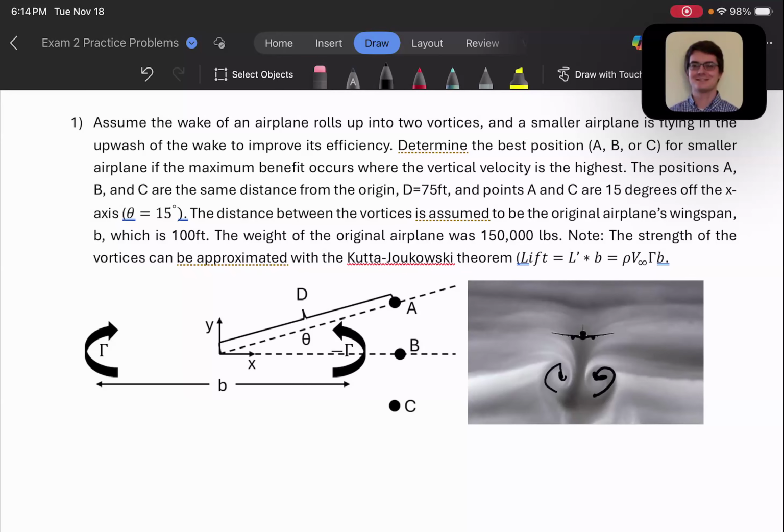What you're trying to figure out in this problem is if we have another aircraft flying adjacent, near the wake of the original airplane, where can we fly that will get the most benefit? And what that means is, where do we get the most upwash? Like the vertical component of the velocity, because that is going to act as kind of a